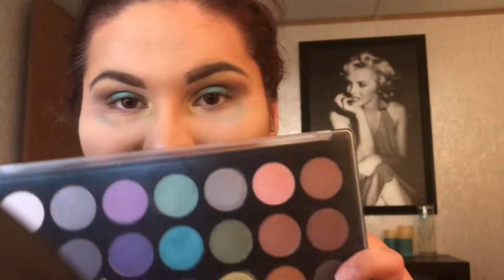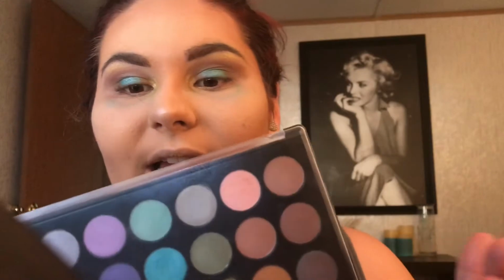There's tons of fallout. The shadows are not very reflective, and for $13 I would have rather just saved my money, to be honest. When you apply it with your fingertip, it goes on very smoothly, but the fallout is ridiculous. And if I was going to recommend this to you, I would recommend that you apply your eyeshadow before your foundation, so this situation doesn't happen to you. But just saying,